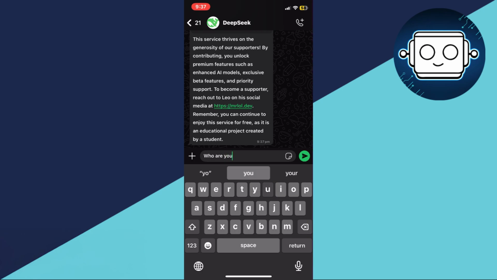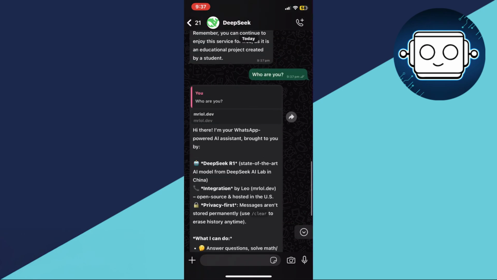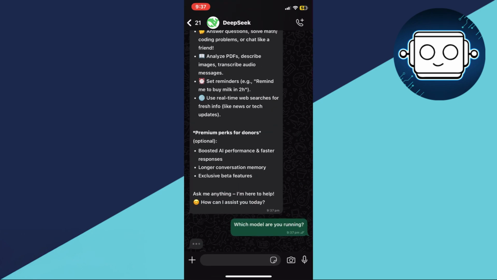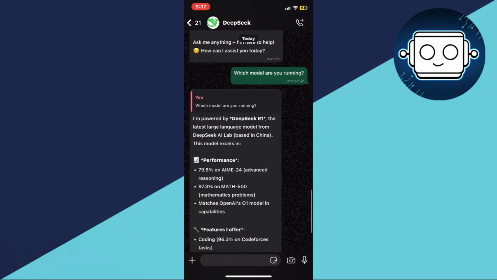You can also ask, Who are you? And it will reply, I am DeepSeek. If you ask, Which model are you running? It will respond with DeepSeek R1. This means the AI is fully functional and can be used for answering questions, generating code, or general conversations inside